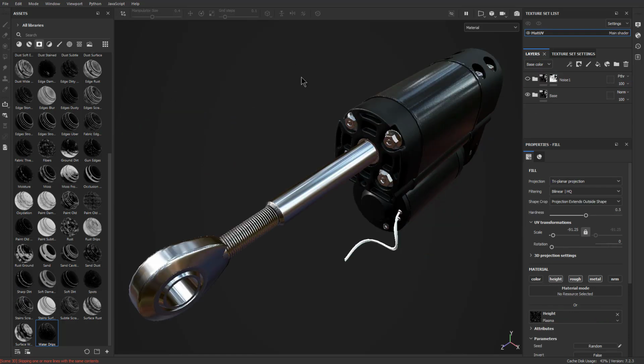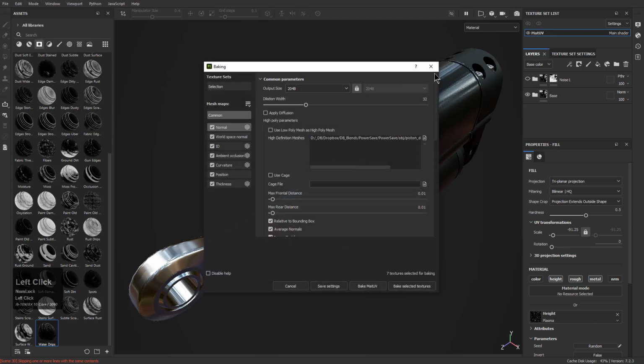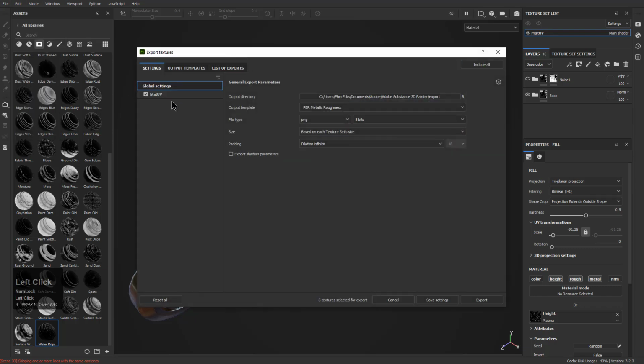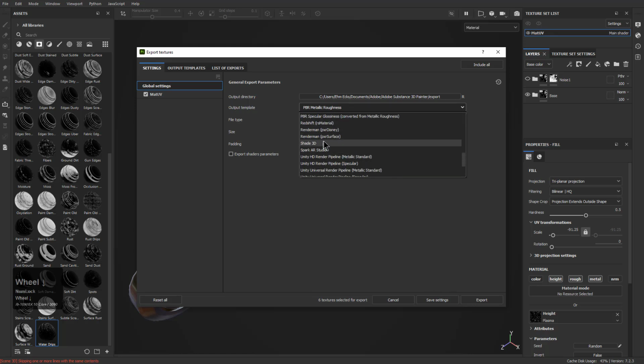We should at least export this to Sketchfab so that we can see what we get. So I'm just going to choose Bake Mesh Maps. And that's the wrong option. I need to go to File and choose Export Textures. And Output Template. We are just going to scroll to Sketchfab. I suppose it starts with an S, so